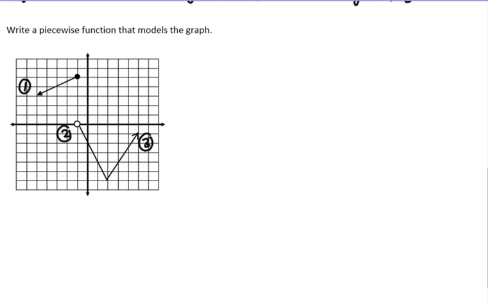Now I want you to notice that these are not quite the same slope. If they were the same slope on both sides, only opposite, like this was a -2 and a +2 slope, I could write this as an absolute value graph. But this one has a slope of over 1 down 2. So this one has a slope of -2. This one has a slope of,